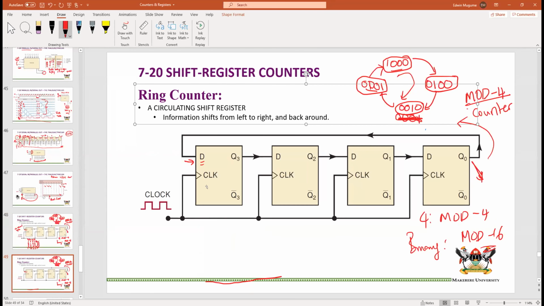Once again, we can see that, let me just go back here. Yes, once again, we can see that if you started with Q3, Q2, Q1, Q0 at